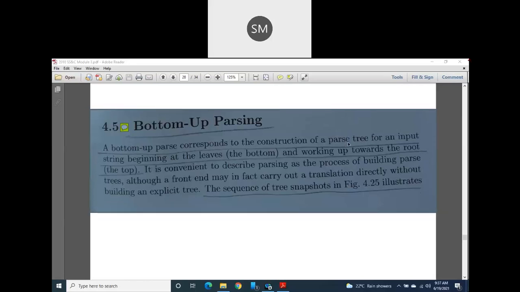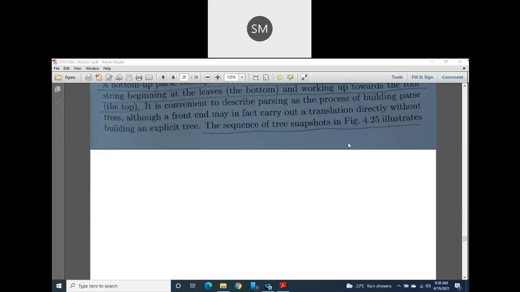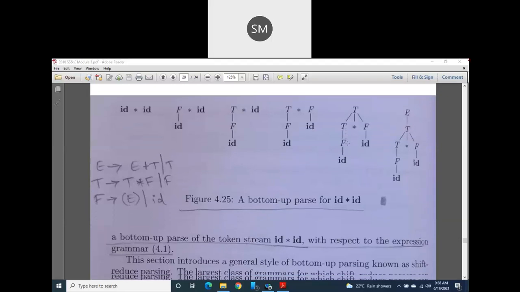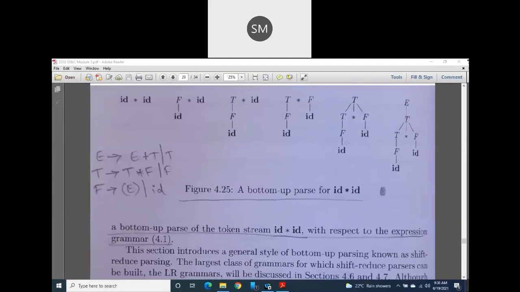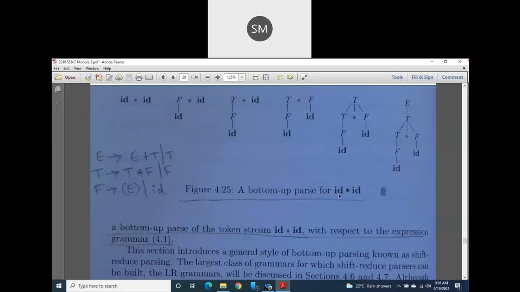So today I will not take so much time. Only hardly 2 or 3 subtopics are there. I will complete them today. Okay. Here, I am going to show you one bottom-up parse tree for the input string id star id. Suppose your input is in this way, variable star variable.